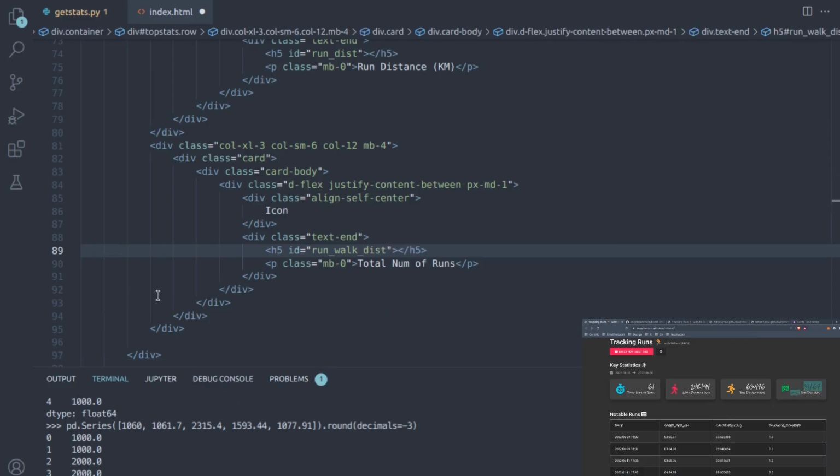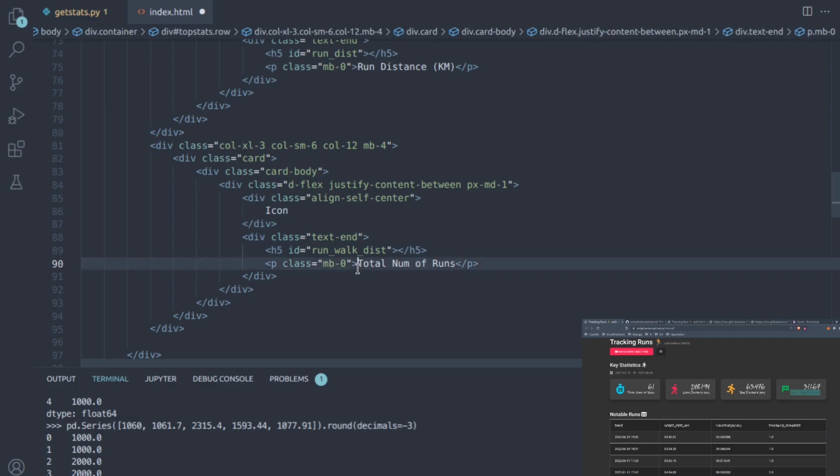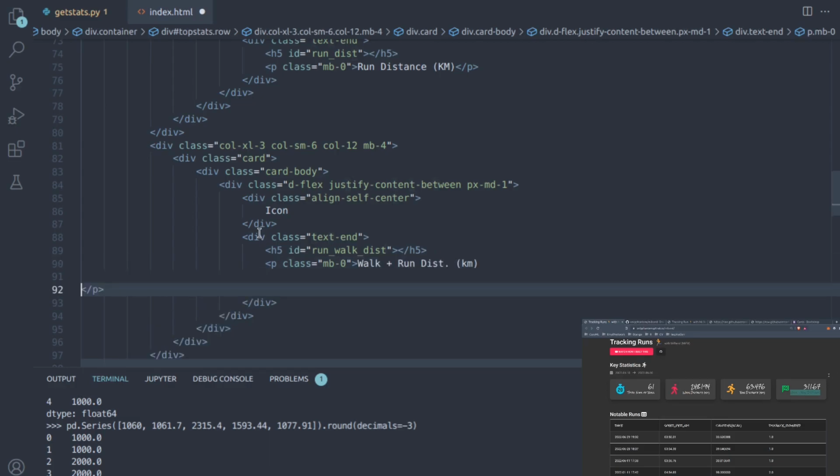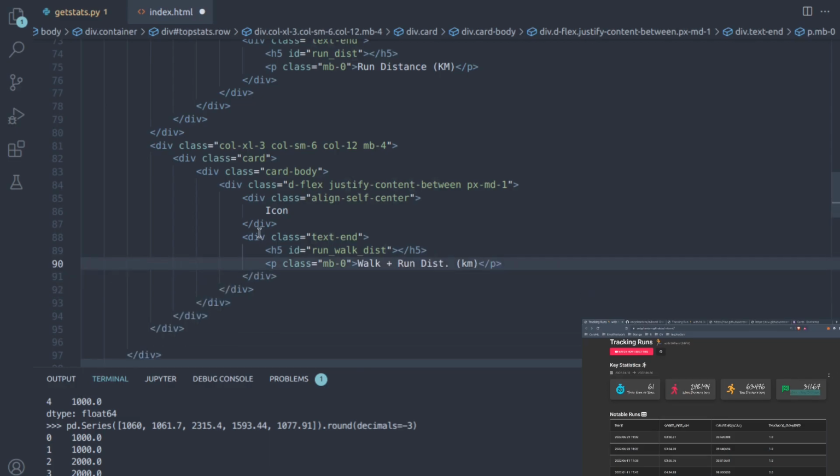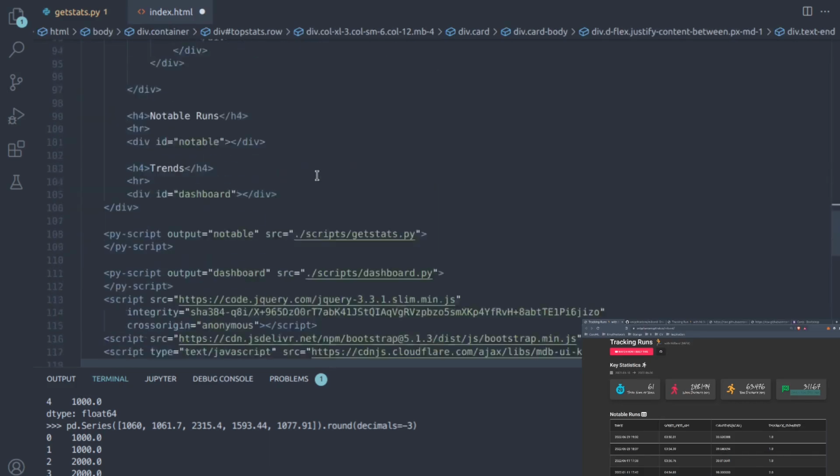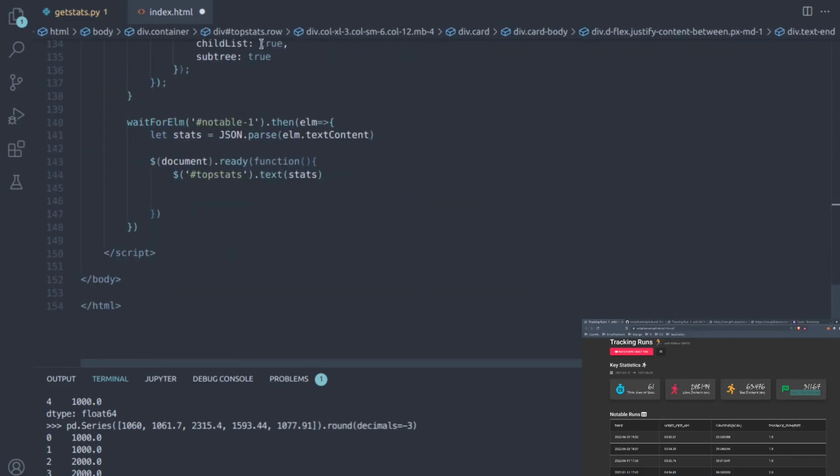Okay, and what do we have here? We say walk plus run distance. So I'm just going to copy this so that I have exactly what I want here. Just going to copy that, and I'm going to completely delete all of this. Replace it with walk and run distance. All right. So we now have all these unique IDs, and now we just need to float those values back